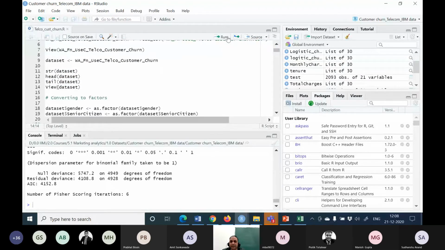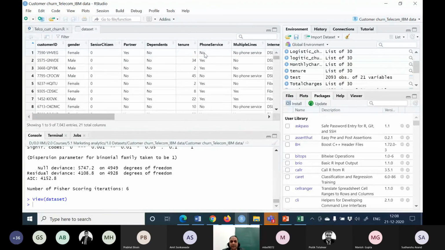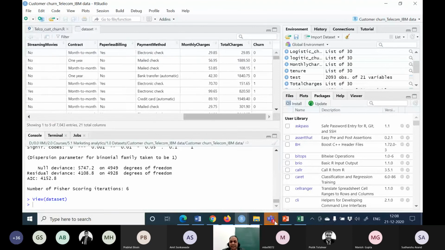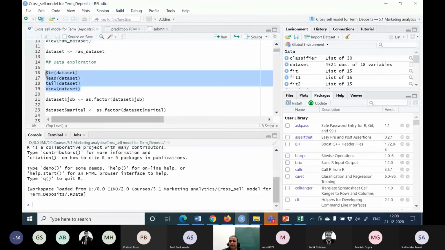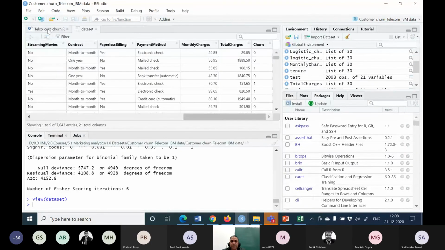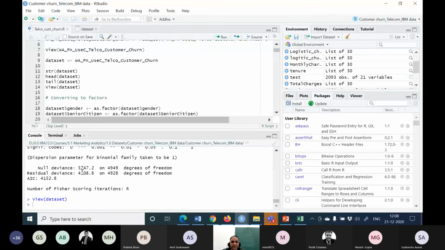We are also trying to view the data set. Right here the variables are changing. Here also we use the same thing. Now see, I'm using the same command. Right? The next thing is, after you have looked at the structure of the data set,